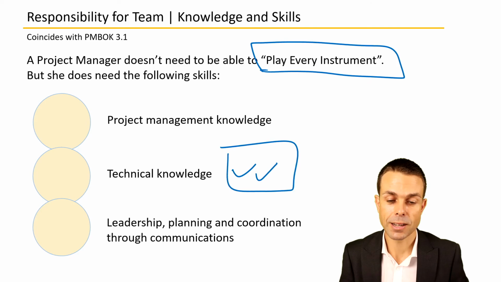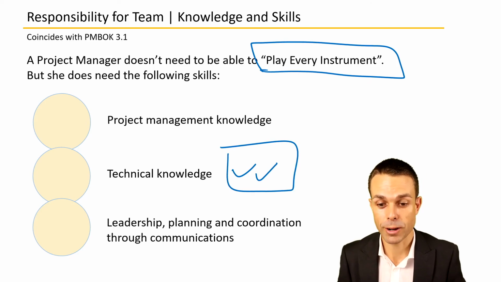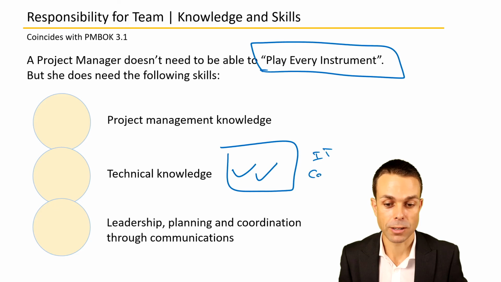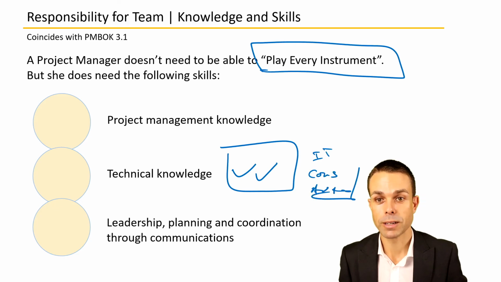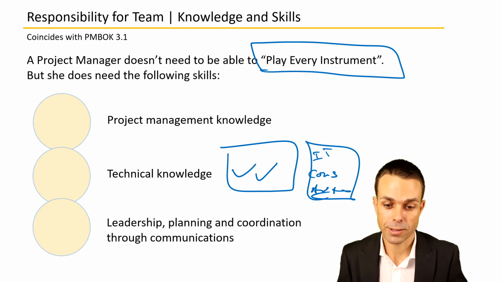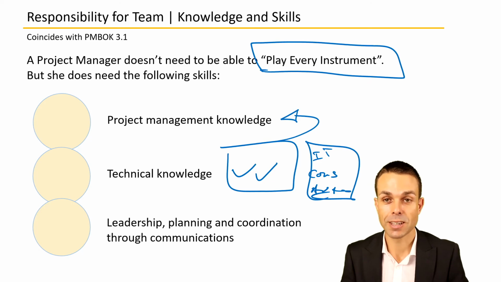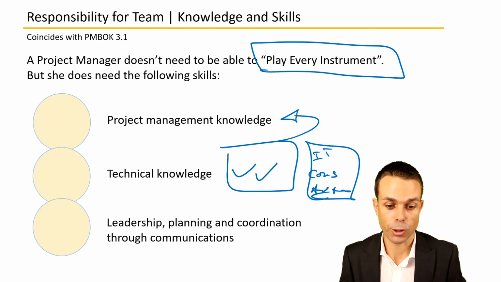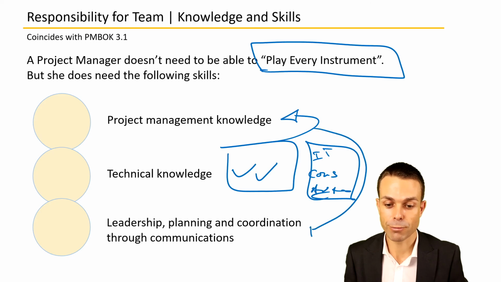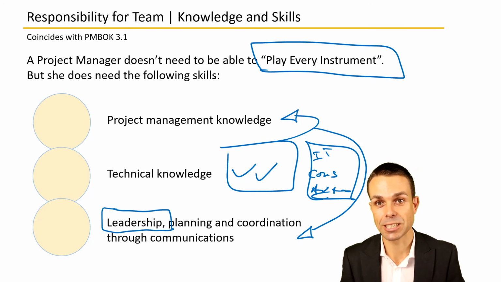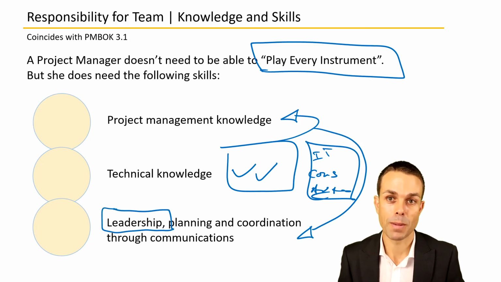So for that, they need a little bit of technical knowledge about the environment that they're in, whether it's IT, maybe it's construction, maybe it's automotive, whatever it is. But along with that technical knowledge, even though it doesn't have to be vast, but it does help to have a little bit at the very least, it's all tied together and managed through project management knowledge. So how are you going to manage all of those bits and pieces to get the desired business result that you want? And part of doing that is influencing, communicating, managing, coordinating, and all of that. Basically what we would call leading and leadership as a project manager to help make those things happen.